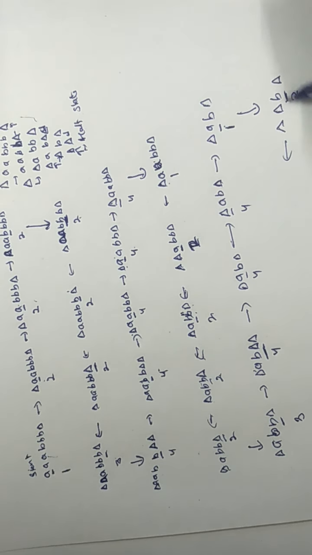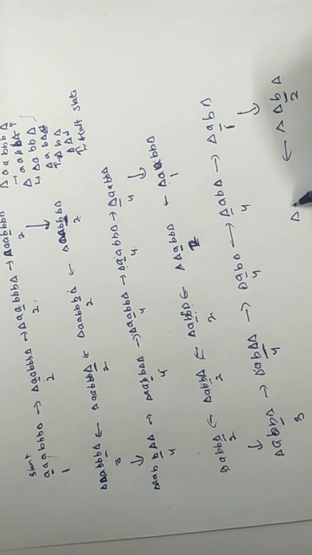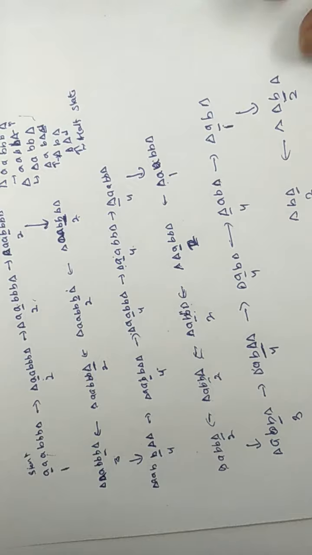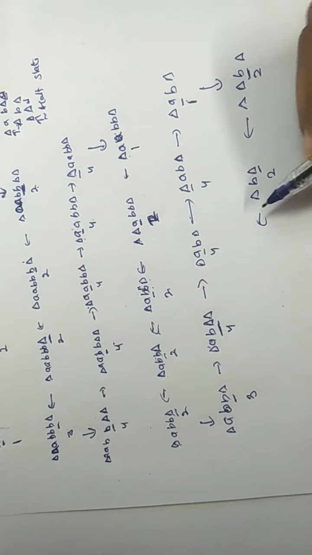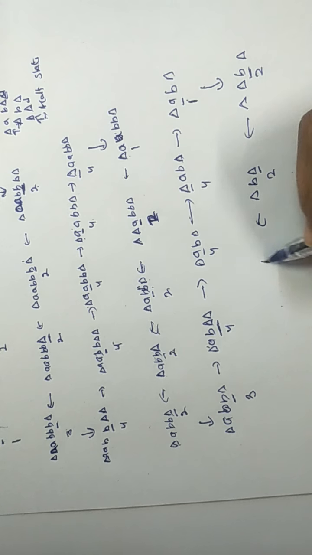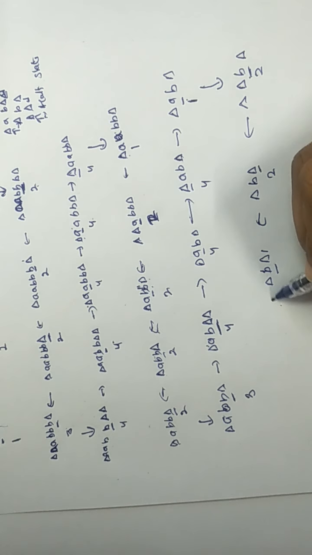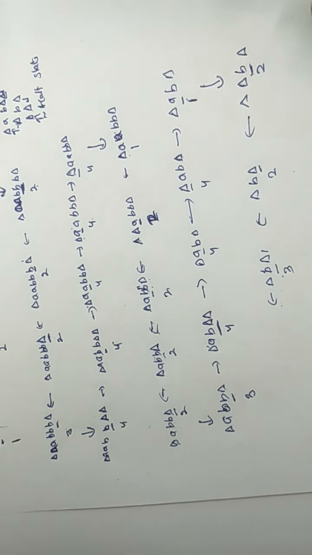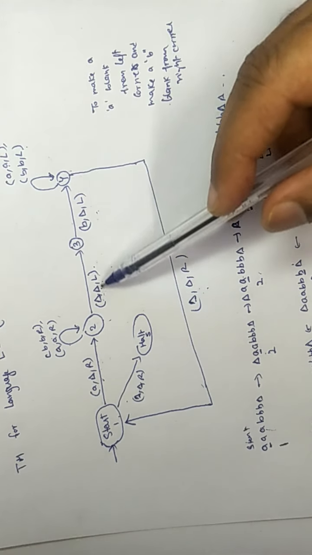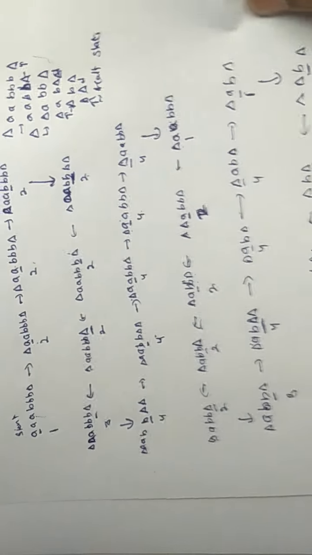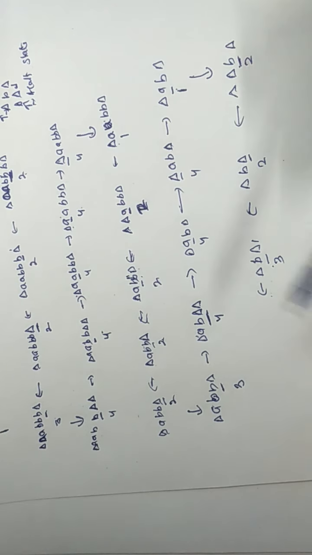At state 2 we read B, remain B only and move to right, and the state remains 2 only. Now at state 2 we get a blank, so we leave this blank as it is and move to the left of this blank and convert state to 3 here. So here we get a blank, leave it blank, move to left and reach state 3.